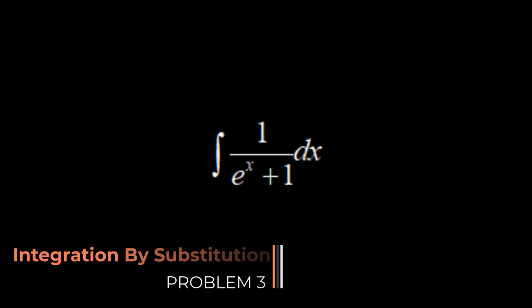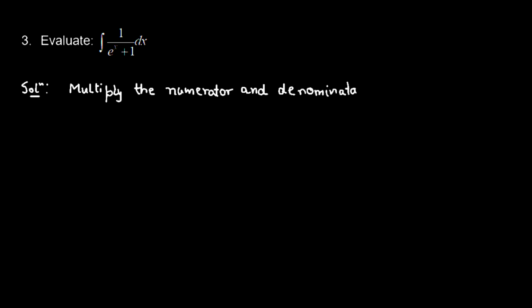Problem number 3. So here we need to evaluate the integral of dx over e raised to the power of x plus 1. What we're going to do, we're going to consider the function 1 over e^x plus 1, and we're going to multiply the numerator and denominator by e raised to the power of negative x, such that the integration now becomes